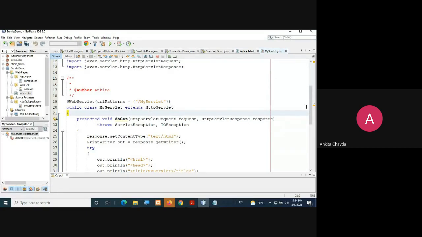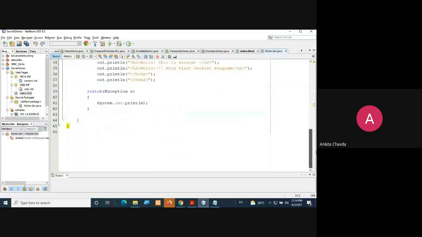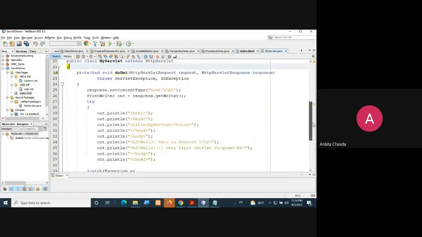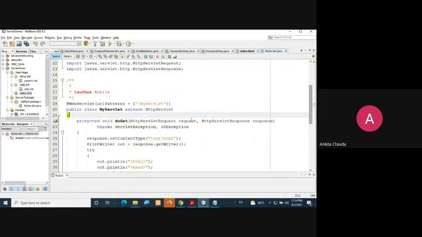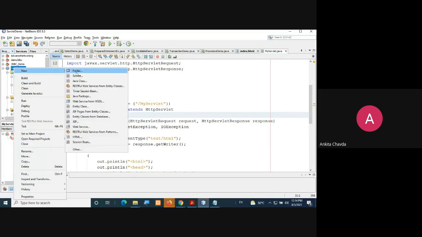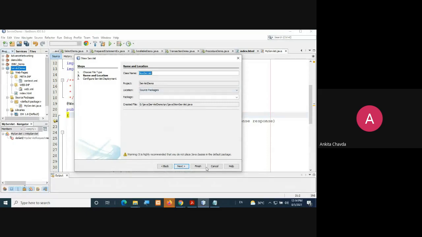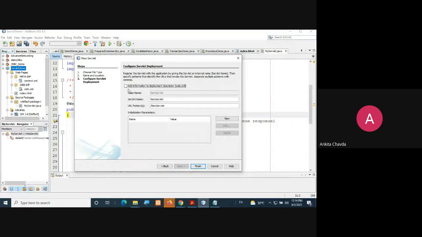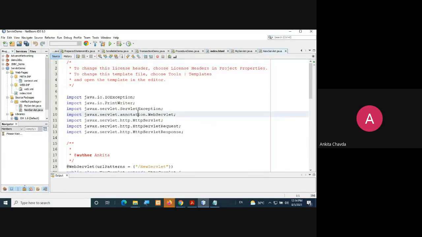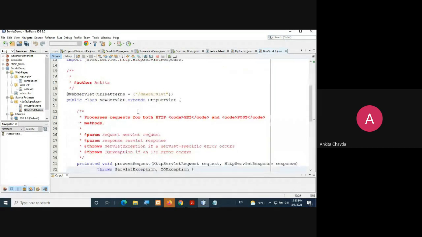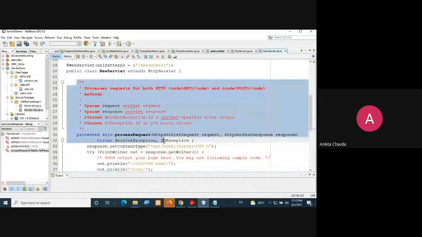So what you need to do, whenever you are writing this code for the servlet, is very basic, because you are just simply testing your servlet for now. So let me create the servlet one more time. I don't want web.xml, so that's fine. Here everything that you are deleting, right? This processRequest and everything.